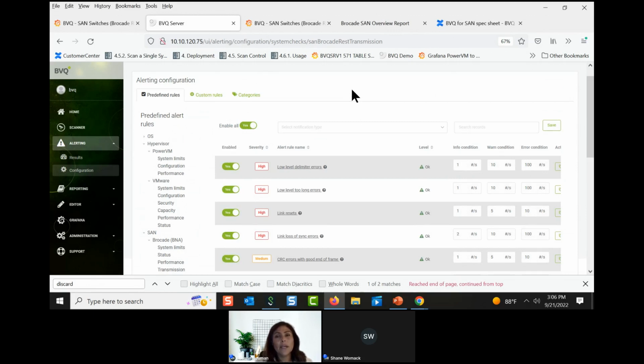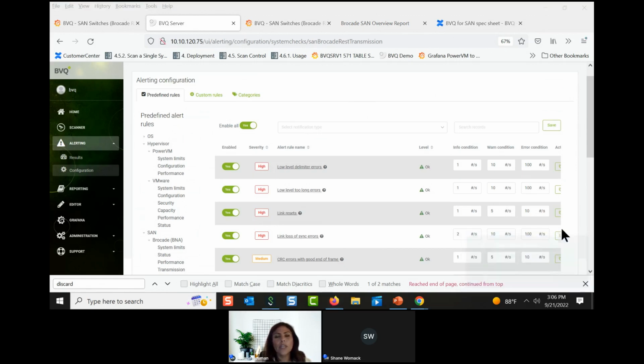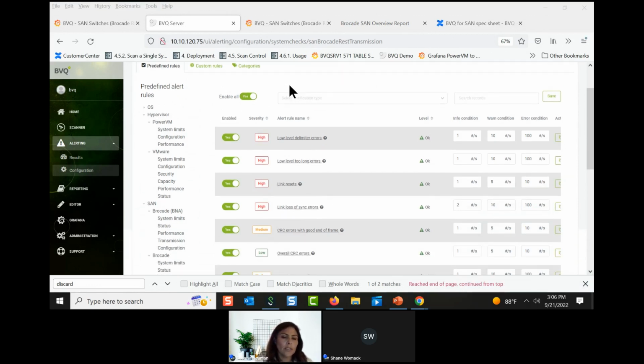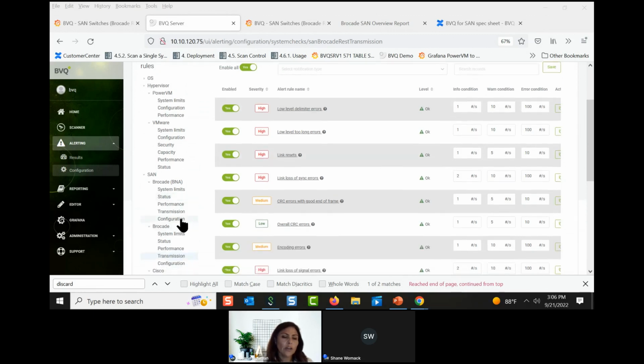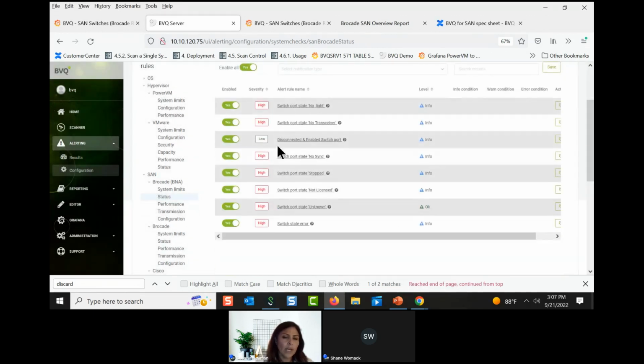The second part that I would like to mention and share is that we help you basically look at and go through the daily activities and help you look at the health of all the systems in your environment, including the SAN, Brocade, and Cisco. We have different categories that we can alert on. Performance, for example. We have these predefined alerts for performance, for example, switch port state,